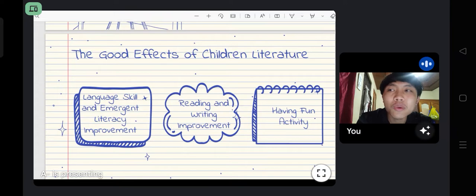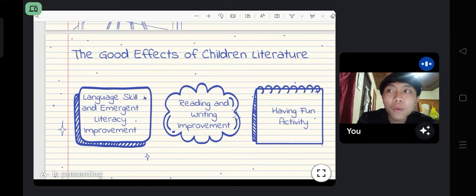When we are talking about literary work, we can enrich our knowledge and our vocabulary by reading so many literary works provided in our daily life or our community, so that student young learners will get improvement in terms of language skills, and also in emergent literacy, because young learners will be happy to read, so that they will like to read and get literacy improvement.